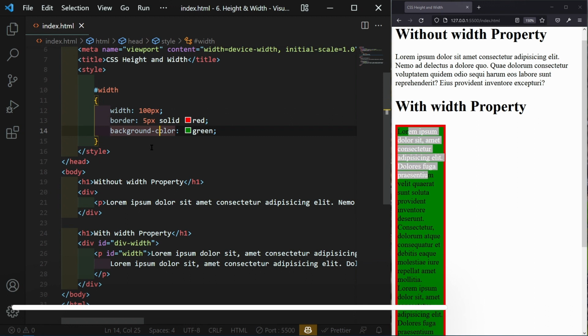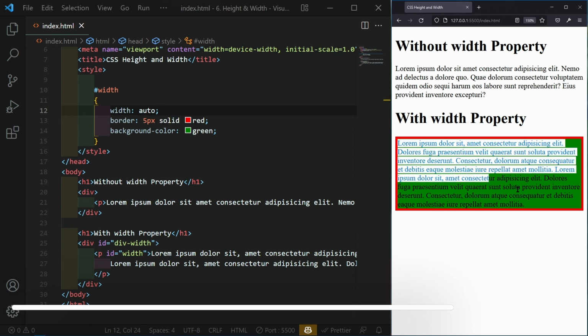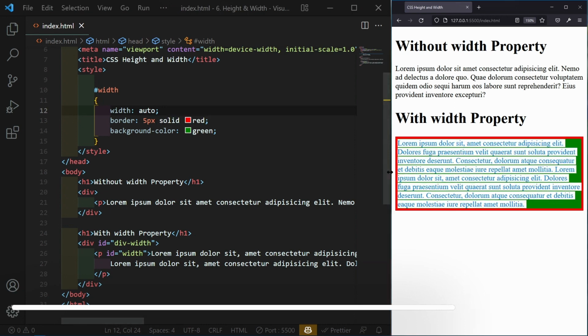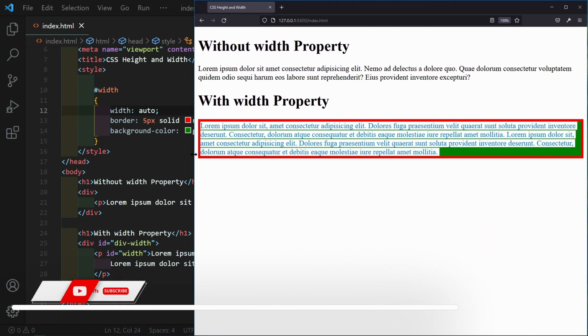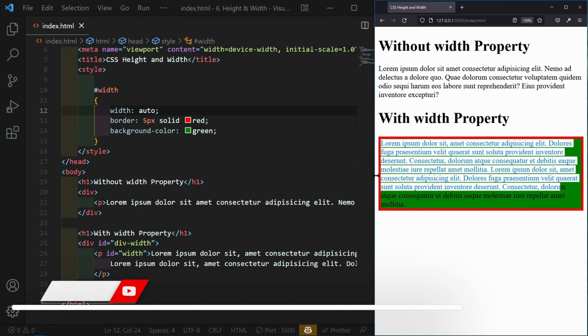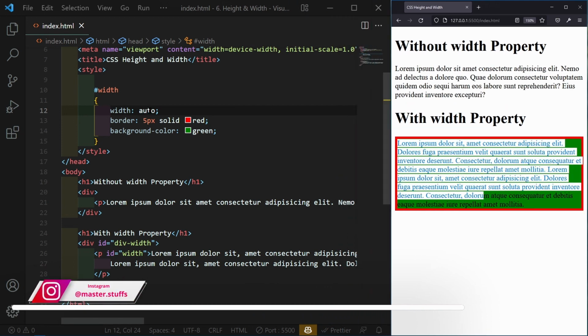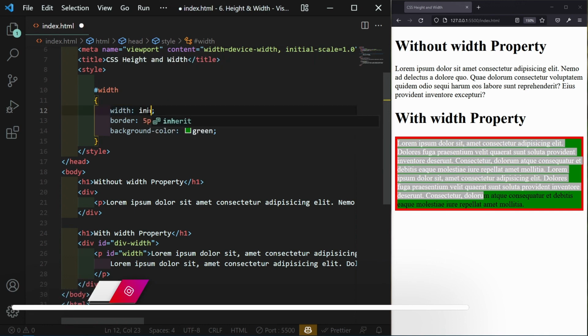Okay. After that, you can use auto. So let's use auto first, and save. As you can see here, auto is matched to the width. If I increase the browser window size, as you can see here, the width also increases accordingly. If I decrease it, the width also decreases accordingly. So this is the feature of auto. After that, initial is the same as auto but not auto. After that, we use inherit.